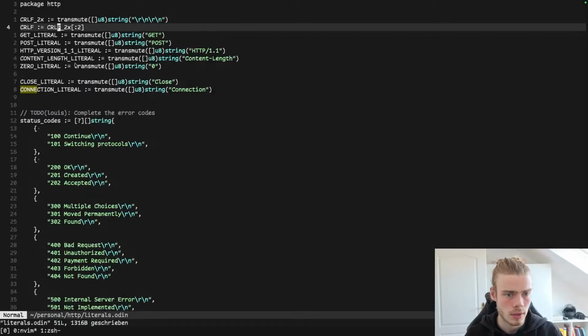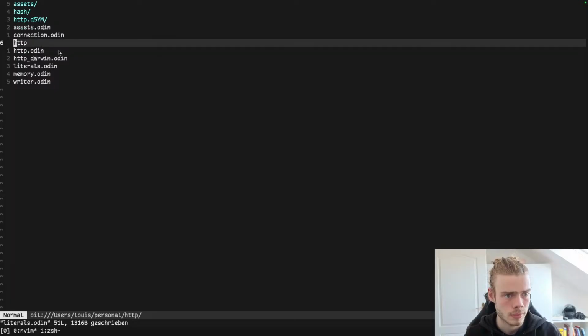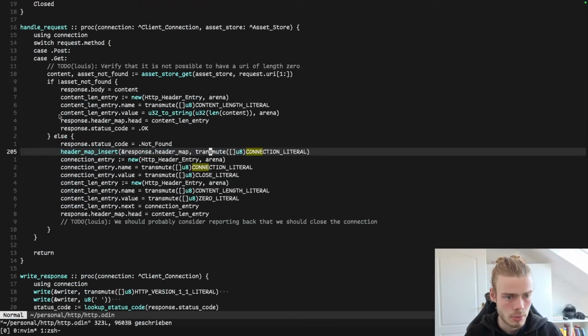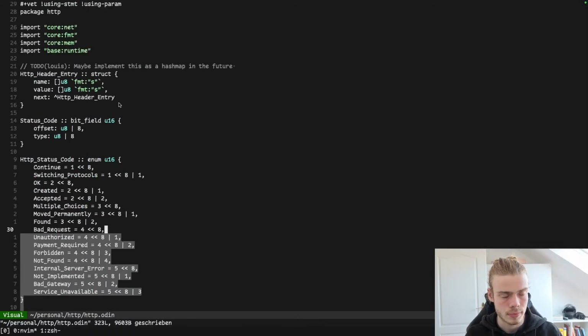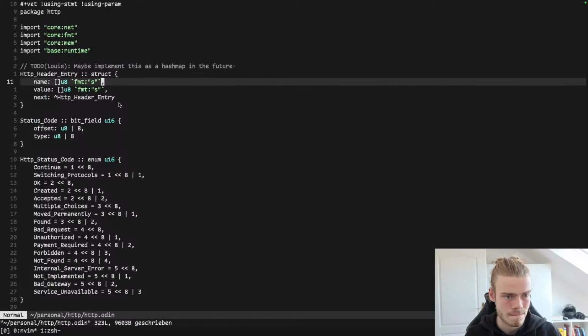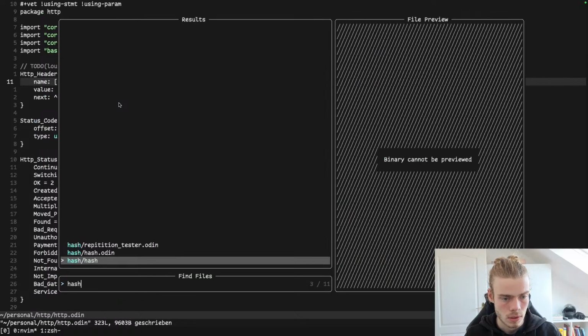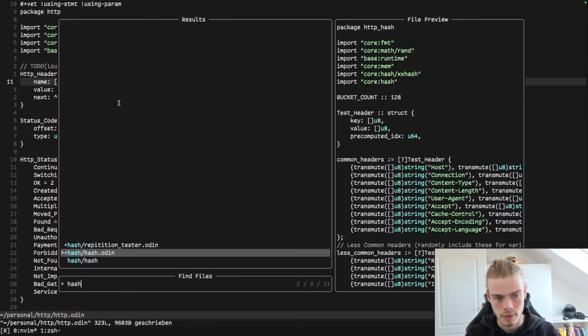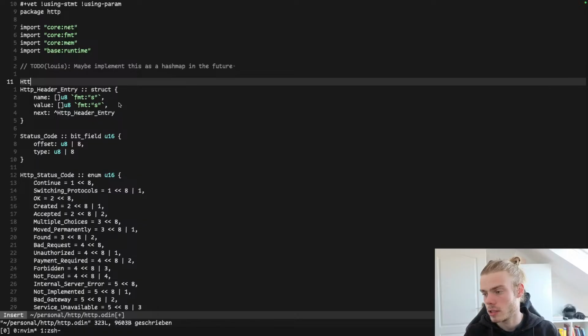Okay, so undeclared name. HTTP, so header map insert. Should we have a separate file for this? I don't want this to be in a separate file. Can we somehow keep this in here? Yeah, I don't know. So maybe we just have an HTTP header map,